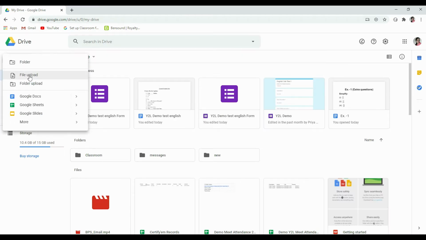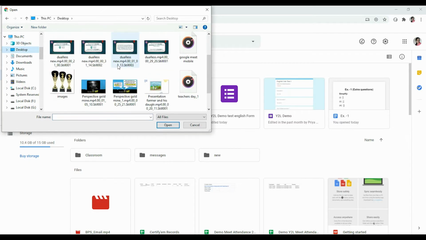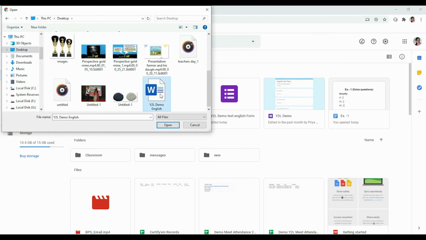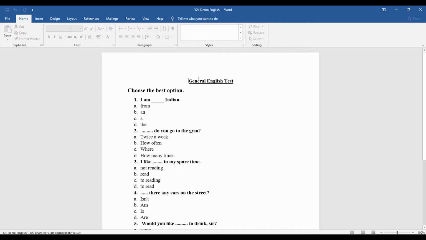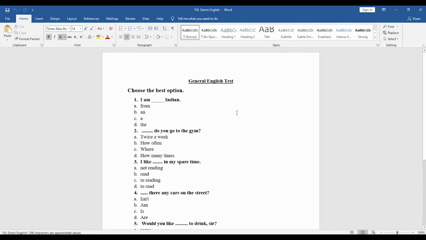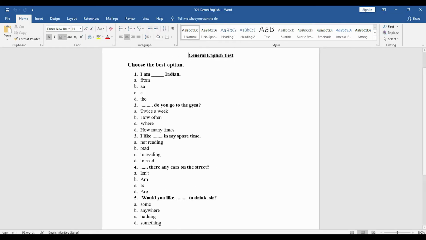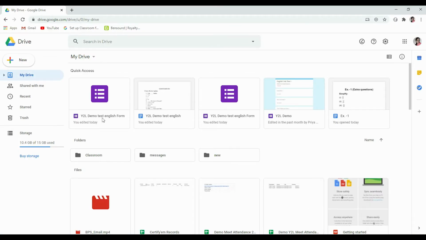Now let's upload the file that is already there. I've already created. It is in doc format. Now I'm opening it here. So this is the doc file that I have already created, and now I have uploaded it in Google Drive.